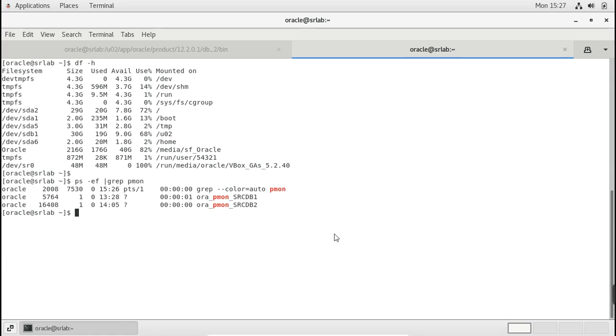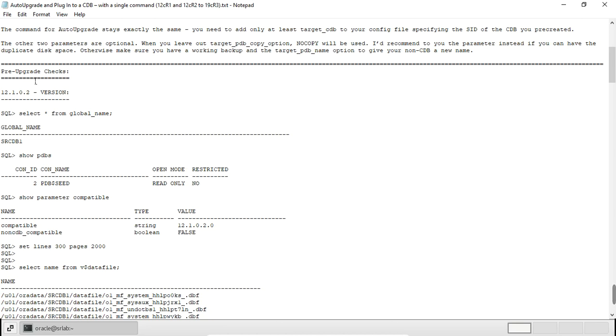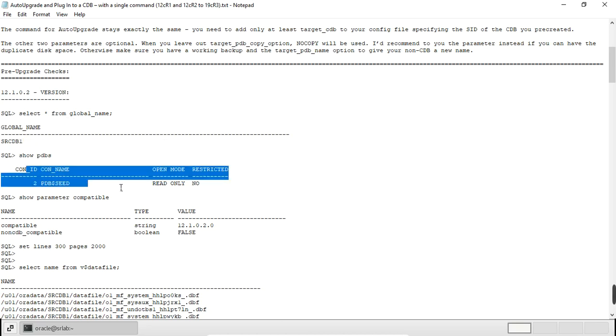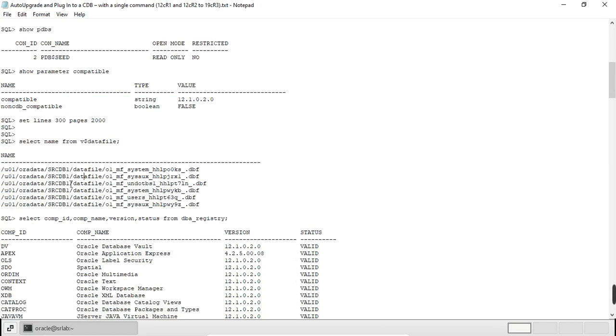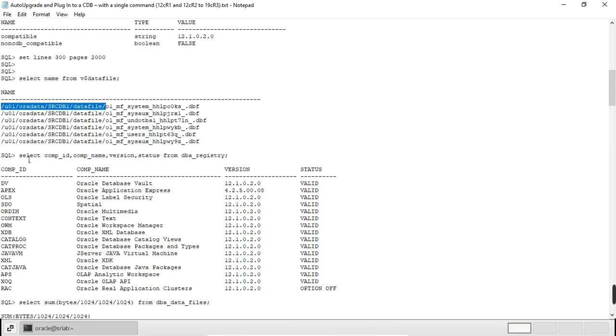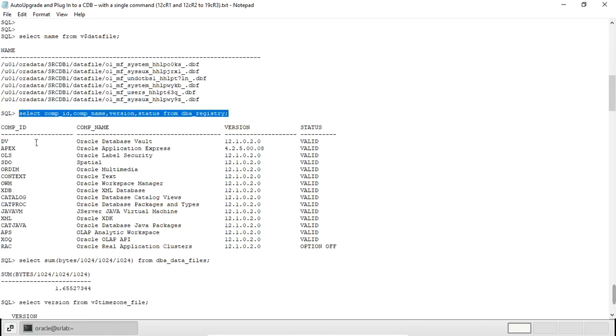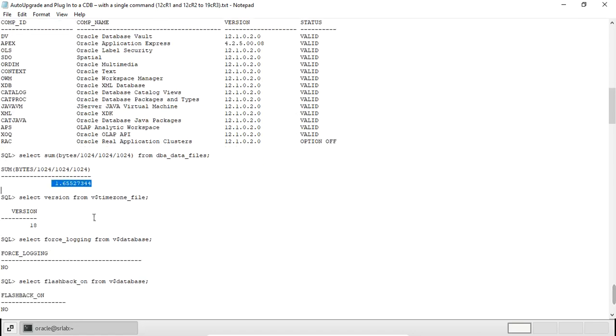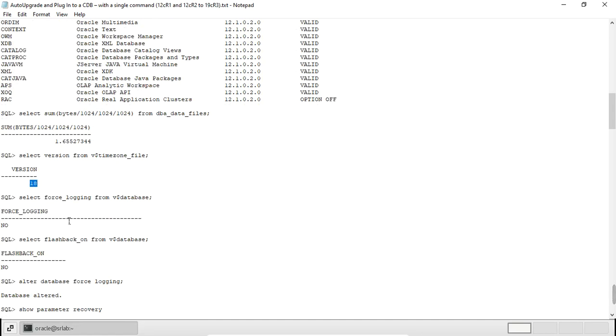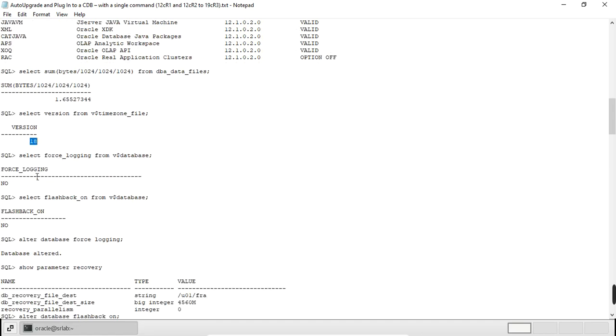Okay, here are the pre-upgrade checks I did: the version, the database name, whether there are any PDBs, compatible, where the data files reside, and the DB registry components in the 12.1.0.2 version. Then the database sizes, the time zone file version, and whether the databases have force logging or not.